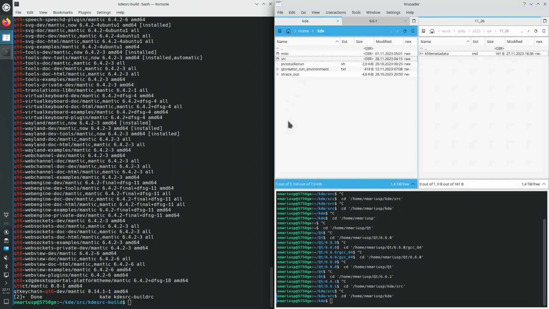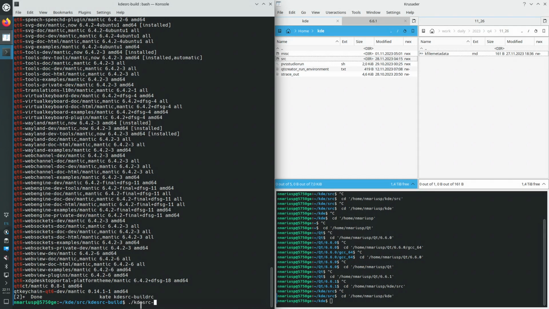Whenever I start building, I start in the same order all of the time, because the configuration file kdesrc-build.rc is in the current directory, so in tilde/kd/src/kdesrc-build. I always need to make sure that I'm in this directory, to change into this directory, and then because kdesrc-build and kdesrc-run are not part of my path environment variable, I need to prepend the command lines with ./